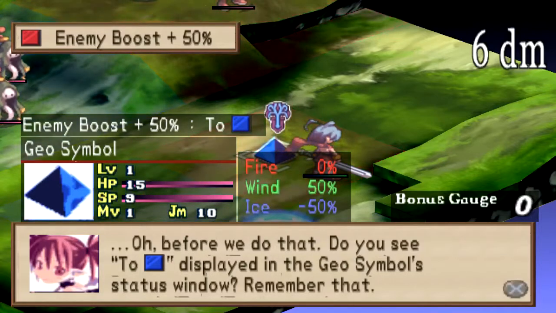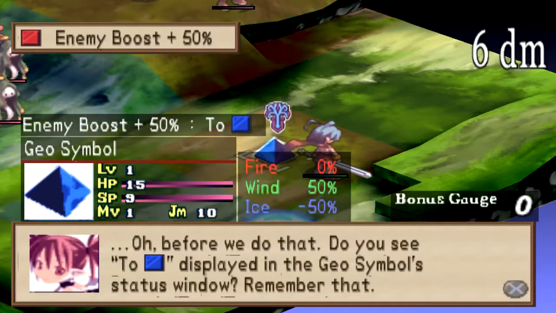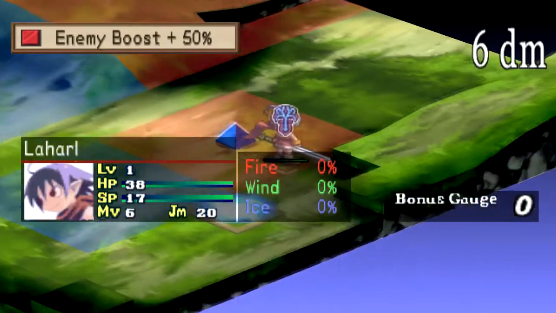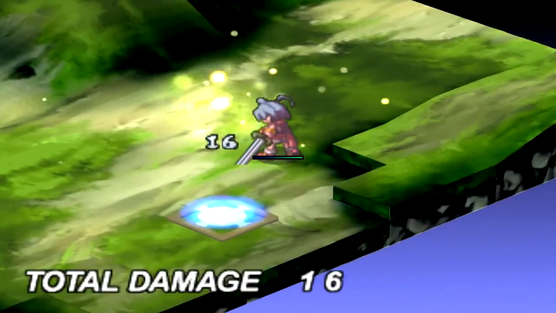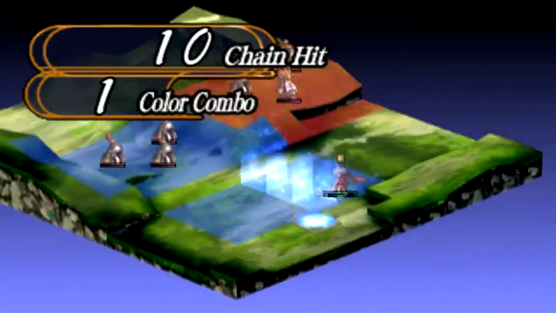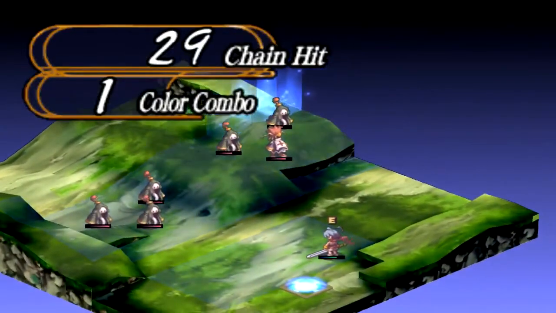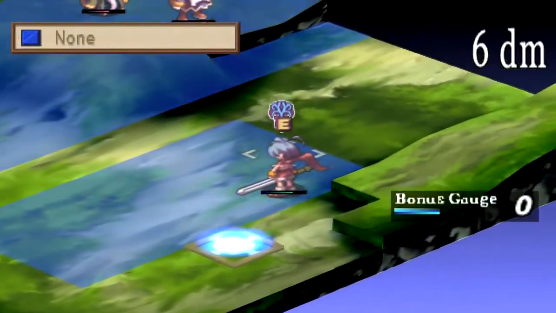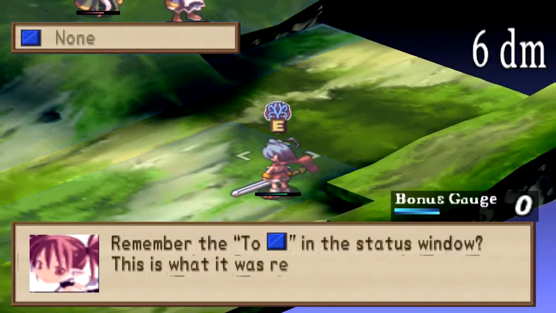do you see the 2 blue square displayed in the geosymbol status window? Remember that. So it's basically saying that that pyramid makes everything blue. Now that will come clear. So now it's time to attack. And now all the red panels, because that was a blue pyramid, turn blue. That's what that 2 blue bit was about. And anyone who stood on it has taken a bunch of damage. And now everything's blue, and